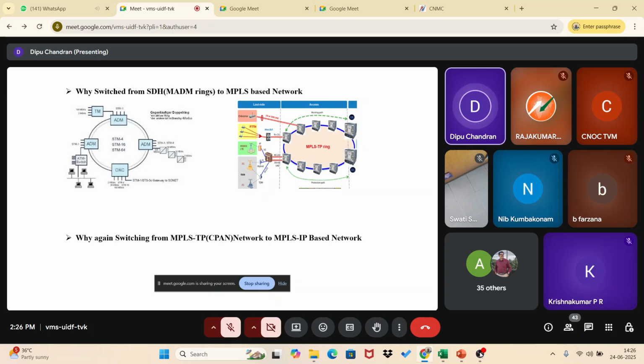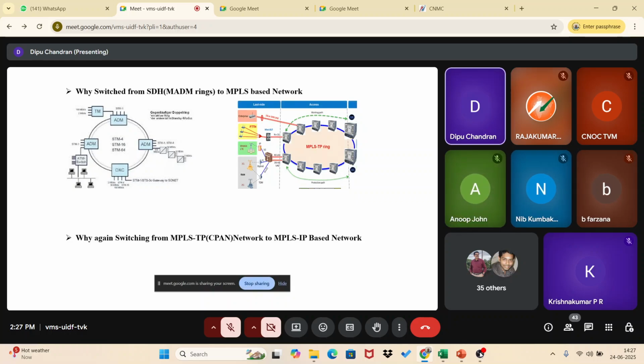Something like, usually now when we are creating the tunnel in CPAN, we are actually giving the label. That means whatever things are in MPLS-IP, that is label distribution for a tunnel. When we are creating a tunnel, some label should be allocated for the tunnel to identify it. So we are doing that centrally from a NOC. The NOC person is giving the label and where to terminate and all, and how to route. The automatic routing functions were also disabled in MPLS-TP.